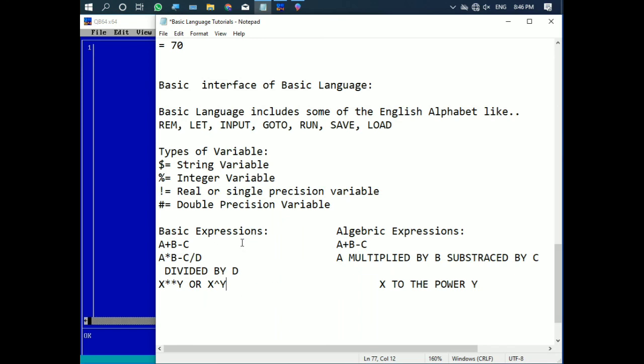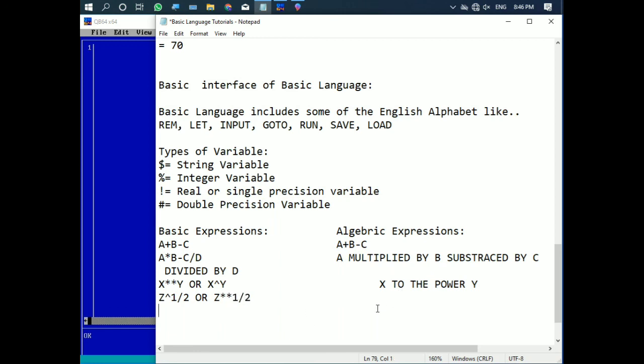There are many other things like that. Let me tell you one very interesting thing: z to the power 1 by 2, or we write z double multiplied by 1 by 2.